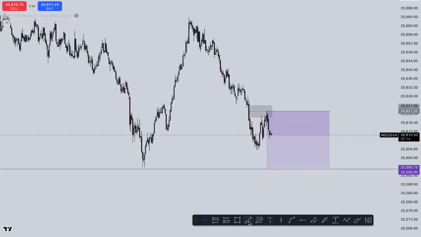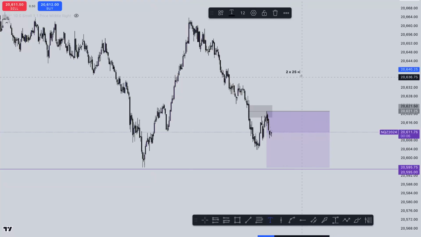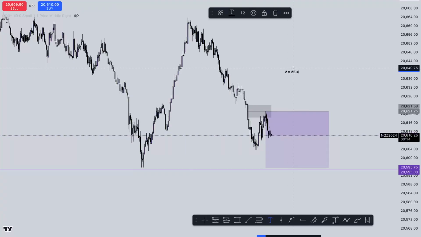You have 2 contracts for 25 handles. 2 for 25 equals what? If each tick in this market moves $2, 25 times 2 is 50, right? But add the 0, so 500 times 2, a $1,000 gain right here